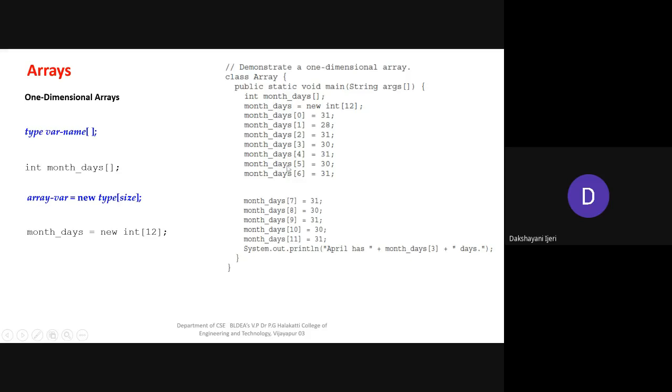Right. So you can see the example has been demonstrated here to explain how you can use the array and how you can store values in it. Though you might have come across arrays in any programming language, the purpose and intention of using the array remains the same in any programming language.